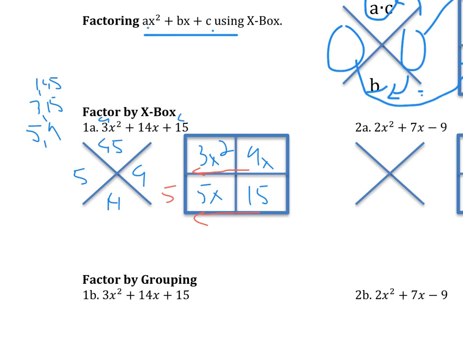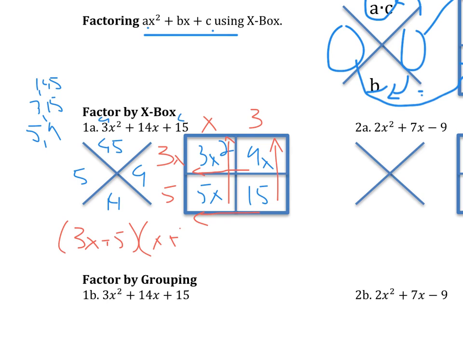What is my GCF of 3x squared and 9x? Well, they both have a 3 in common and an x. Then we go up. What is my GCF between 3x squared and x? Well, the numbers don't have anything in common, but they do have an x. And then 9x and 15, well, there is no x in common, but 9 and 15 have a 3 in common. So then this factored out becomes 3x plus 5